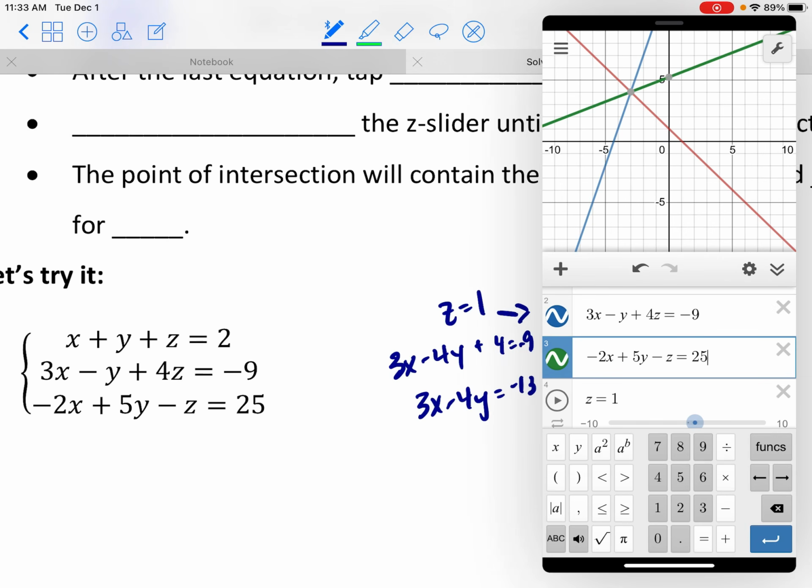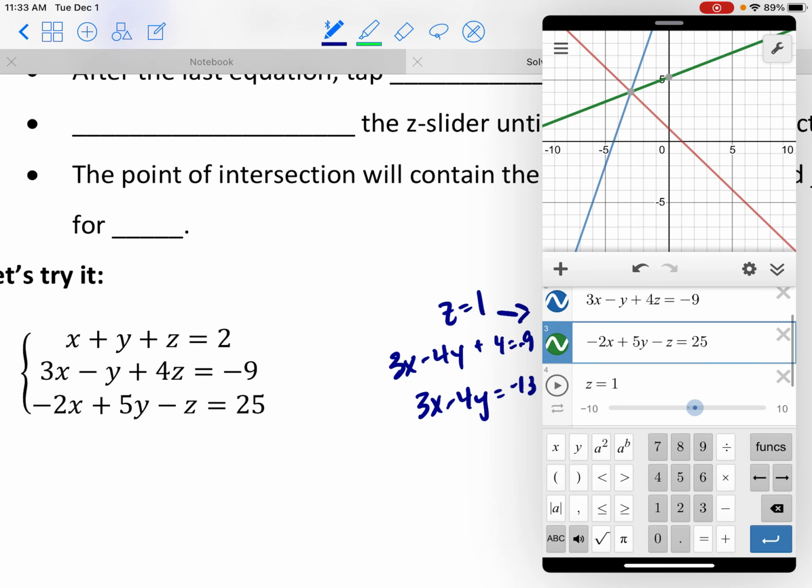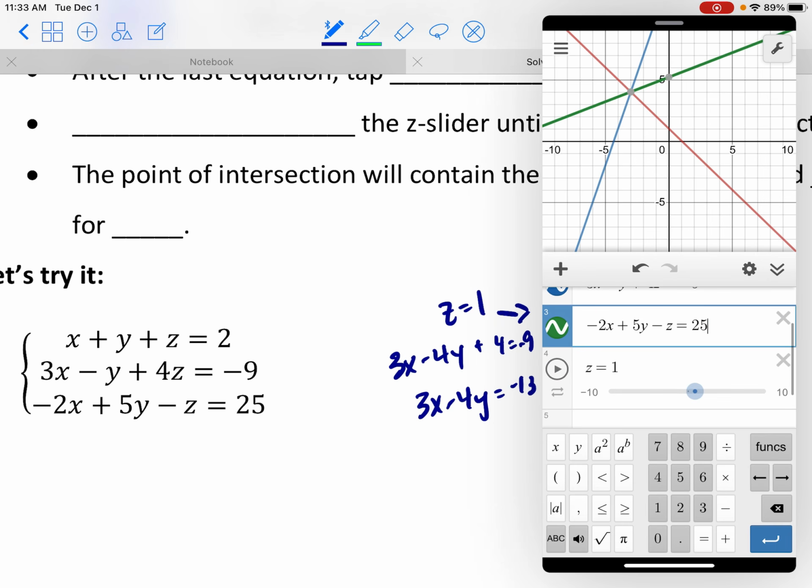And it did the same thing for the green one. If you plug the 1 in for z, then it could be added over and it creates that green line. And it did the same thing for the first one, okay? So it created 3 lines because z became a constant. And so what it's doing here